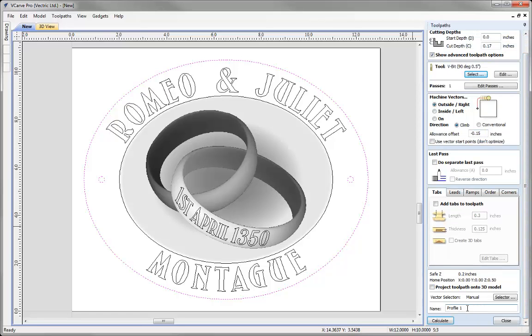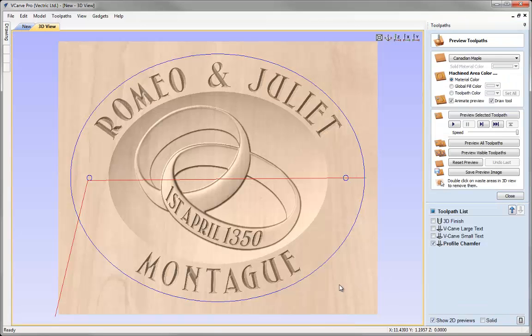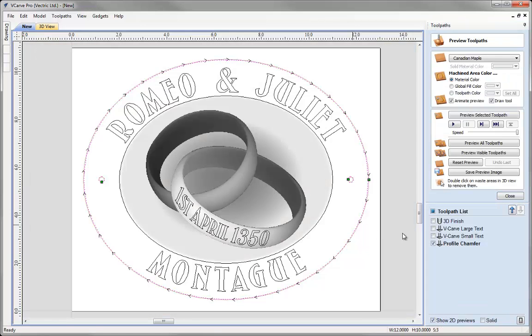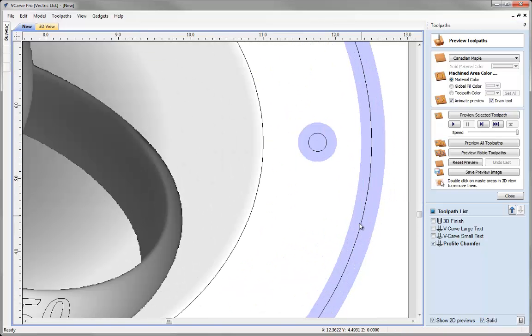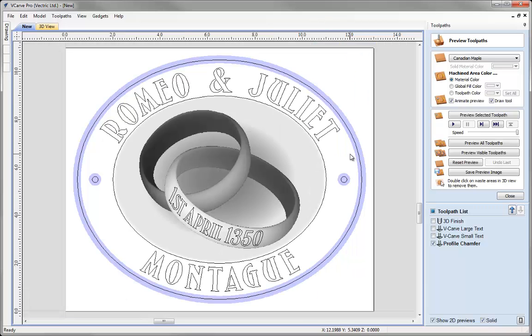So I'm going to call this profile chamfer and calculate. If we have a quick look in the 2D view and I just switch on the solid preview, you can see how that's going to overcut. So that's overcutting by 0.15 of an inch there, and that's what's going to give me my chamfer. So I just make the depth of cut deeper than that